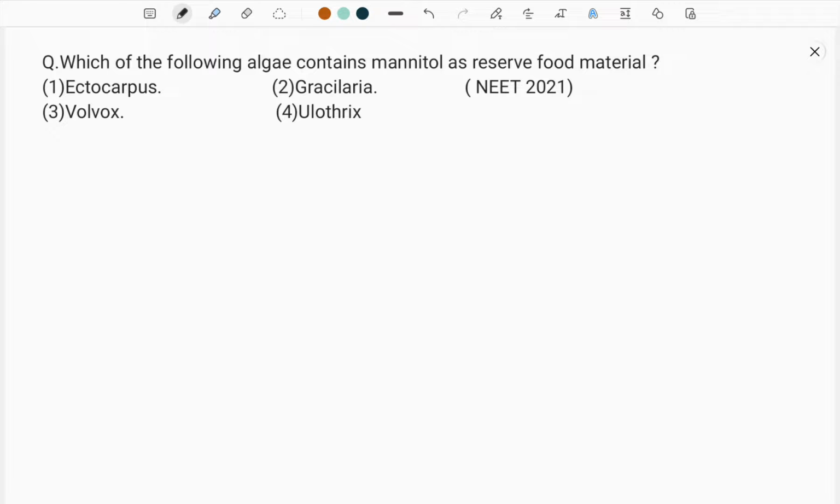We know that algae store food material in the form of carbohydrates. So, different kinds of algae store different kinds of food material. That is our prime understanding. If we know that, we can answer this question very easily. First of all, we should know that there are three types of algae based on pigmentation, coloration and stored food material. If we see first the chlorophycean, that is